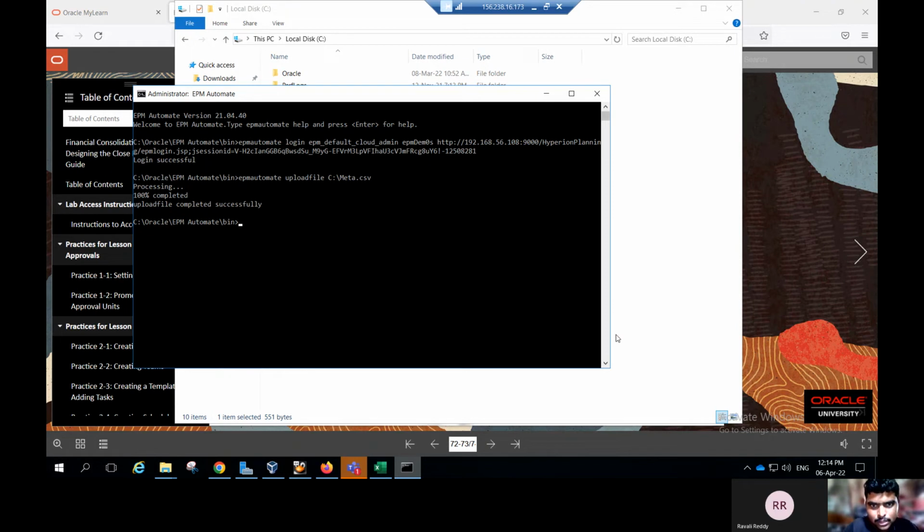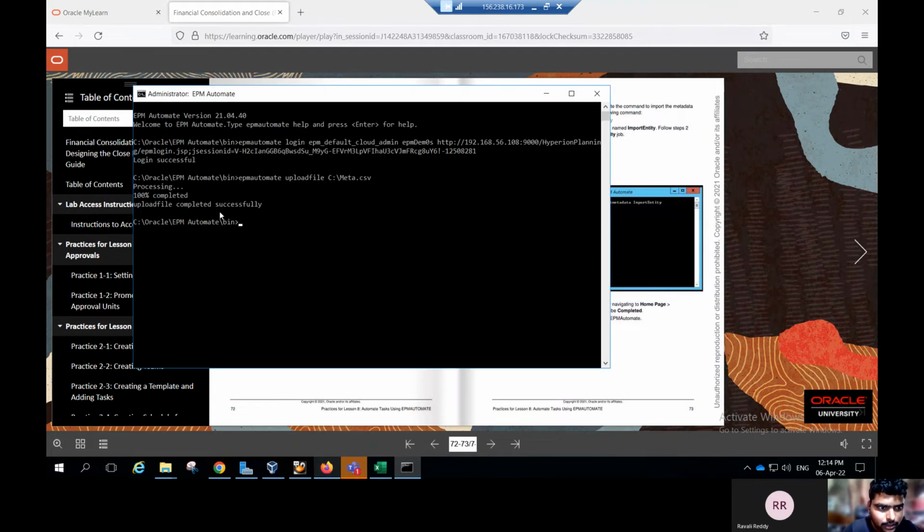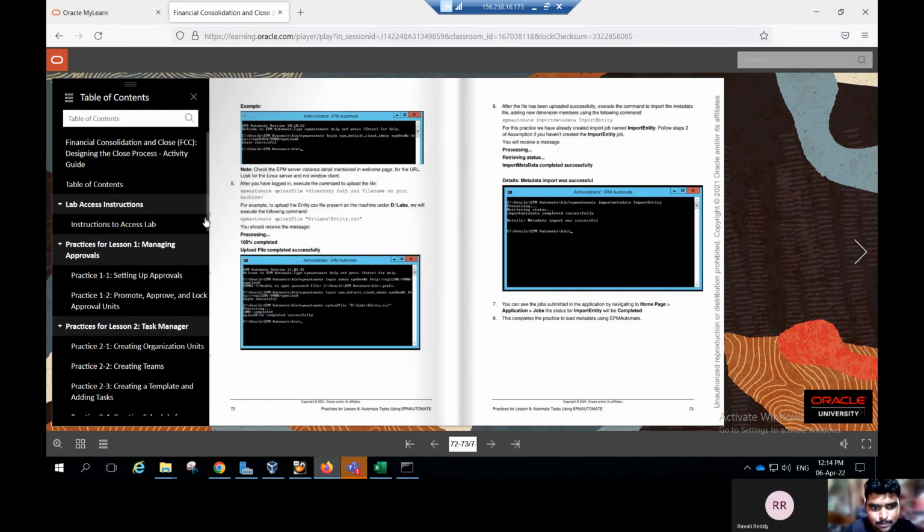After completion, go to the activity guide. You can see the upload file is successful, like this message I show you. I have got the upload file completed successfully. After the file is uploaded successfully, you can move to the next step: executing the command for importing the metadata file. Add the new dimension member using the following command. The command name is import metadata, EPM Automate import metadata, import entity. I show you how to